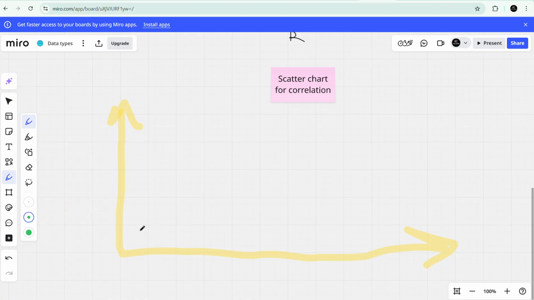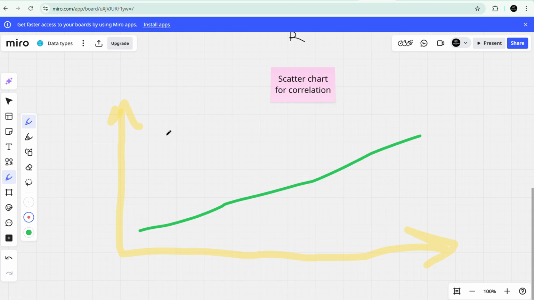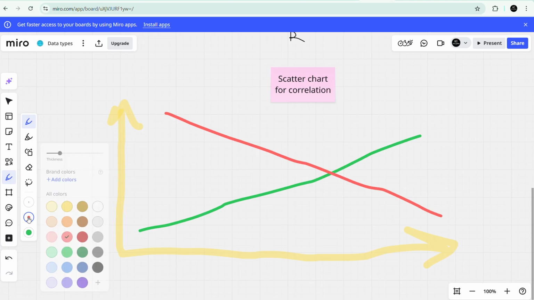When those dots follow this pattern, this is a positive relationship. I will also label these axes later. When those dots follow this pattern, that is a negative relationship. And when those dots follow this pattern,